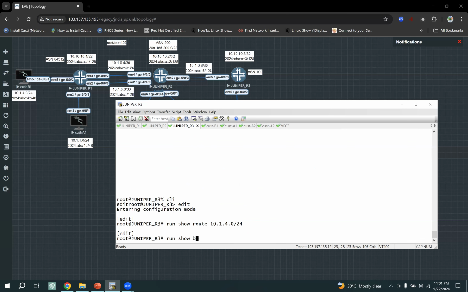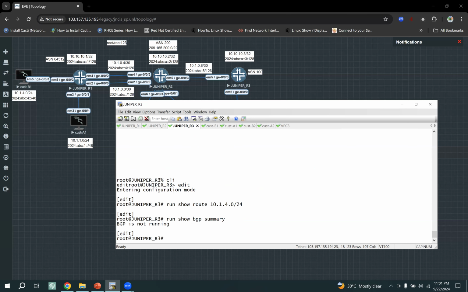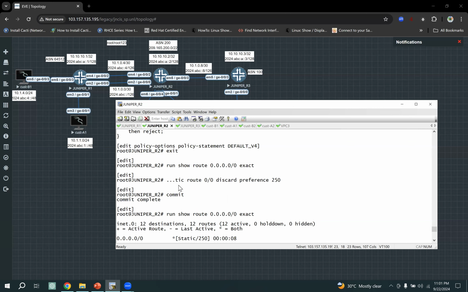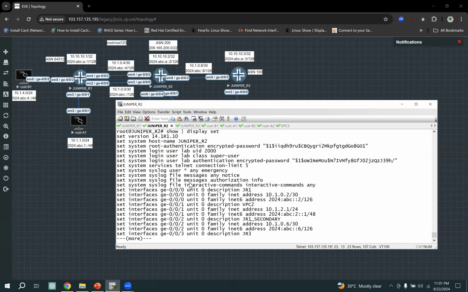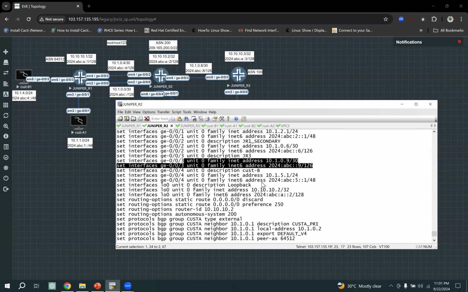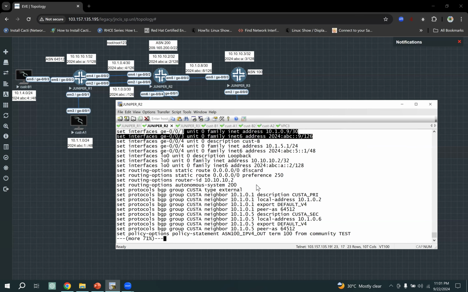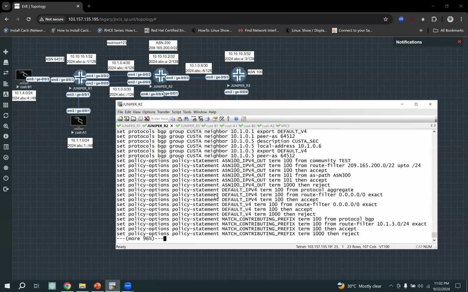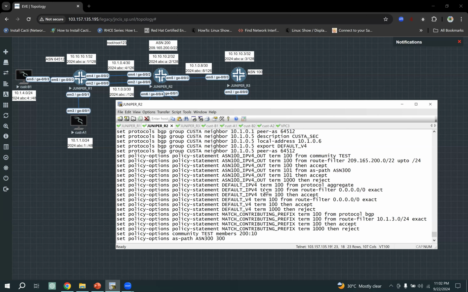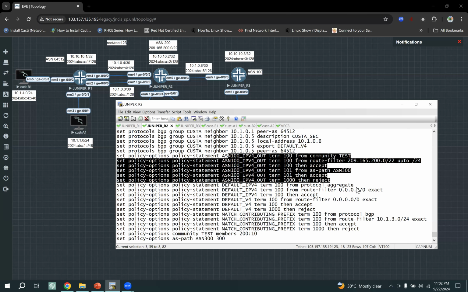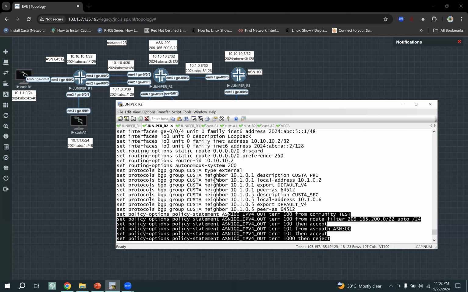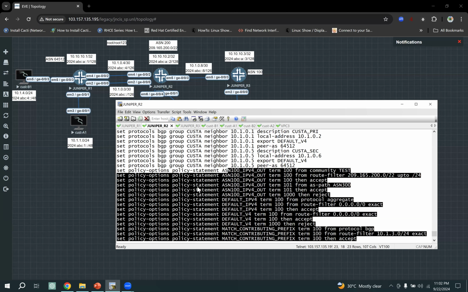I will show BGP summary. There is no BGP configuration here. Checking. Show interfaces. Interface 3 has IPv4 and IPv6 address configuration. There is some policy here, but in the BGP configuration,